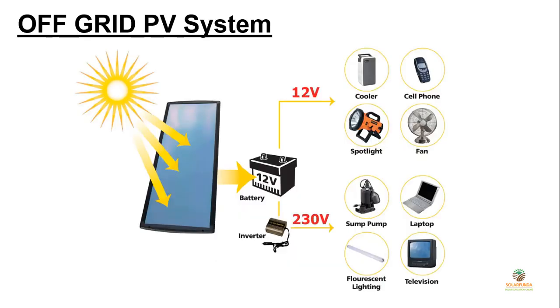I know you are familiar with off-grid PV system, but take a look at this image. This is explaining off-grid PV system. Battery gets charged by solar panels and charged battery provides power to our equipments. If DC equipments are available, they will directly run on 12-volt supply of battery. If you have any AC equipments, you will need an inverter to run them. That's very simple. Don't forget charge controller, which is not in this image.